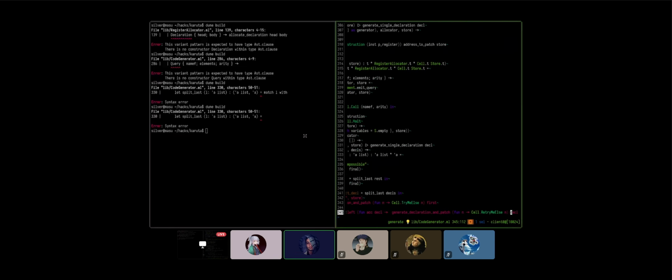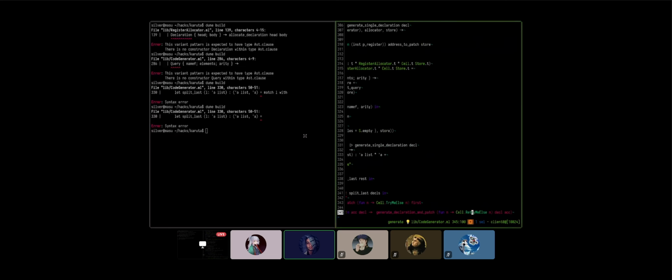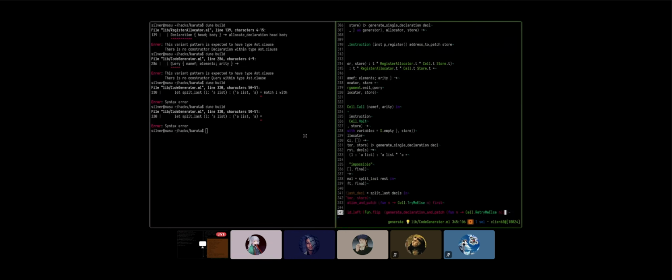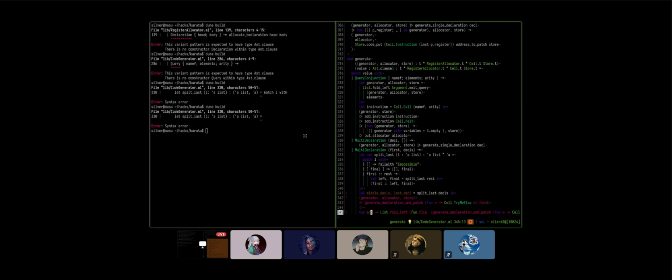Probably. Again, OCaml people will hate us, but I love it. So, Fun module in OCaml. There's probably a flip in there. Let me see. Oh, there is actually. Awesome. So Fun.flip, right?